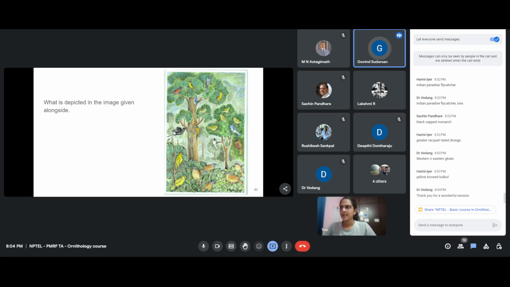Ma'am, what was it all about in the mixed species flock? Sorry, what was it all about, ma'am? That there was some list of bird species. Everyone was just trying to identify what the species were. So, yeah, that's all. Ma'am, my question: in a mixed species flock, different members may have different foraging styles, but that doesn't mean they have different niches, right, ma'am? They could all go after the same prey.